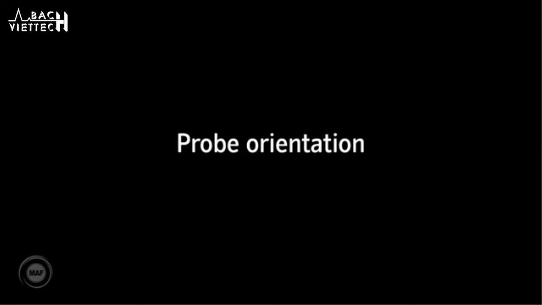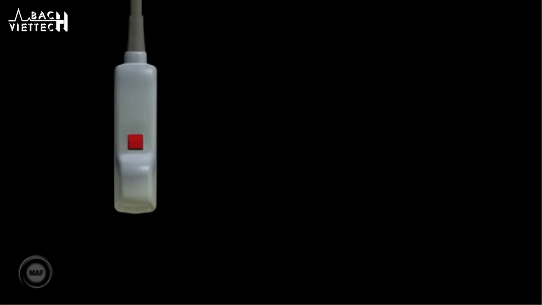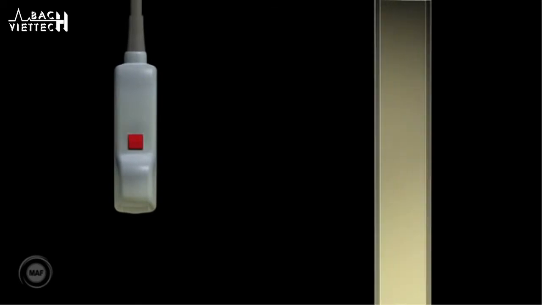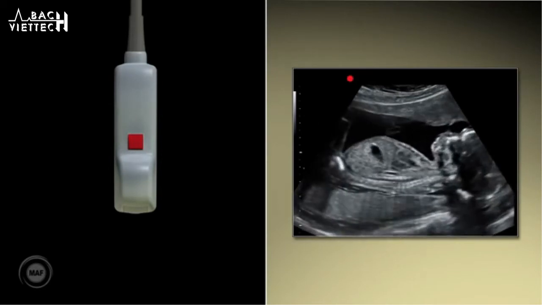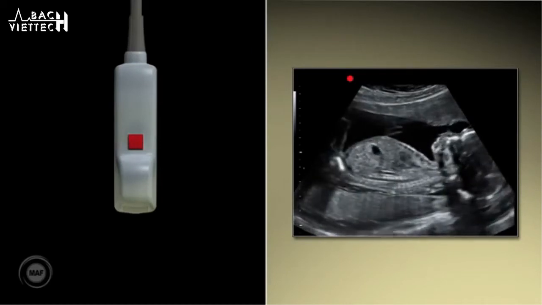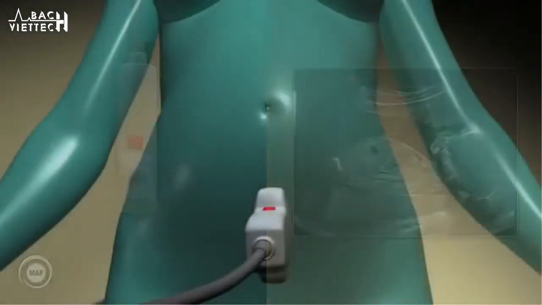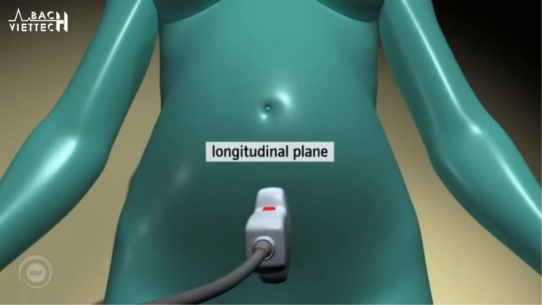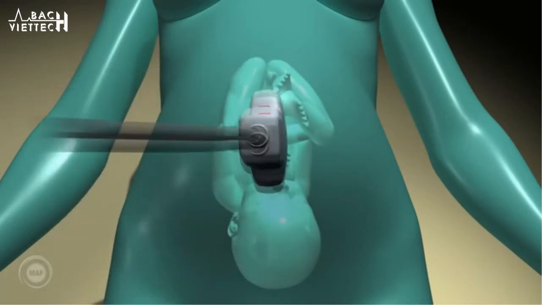Probe orientation. There is a marker or a dot located on the ultrasound probe, and it is always represented on the screen in the same place, usually the top left-hand corner. This dot is crucial when working out the orientation of the organ or the fetus and when interpreting the corresponding image on screen. If the probe is placed on the mother's pubic bone in the longitudinal plane, one must consider where the dot is on the probe